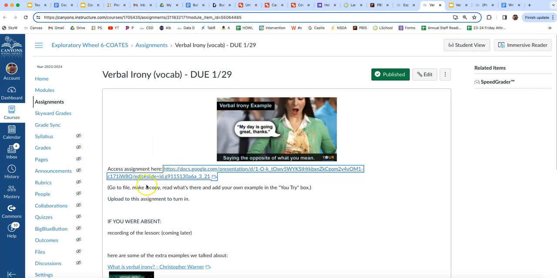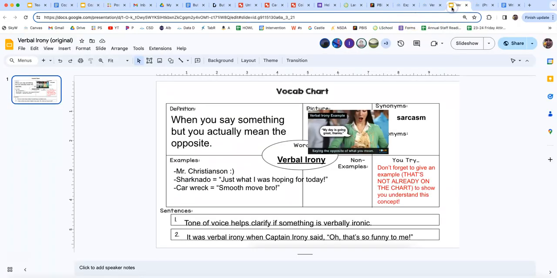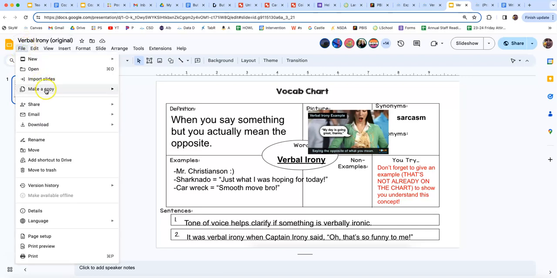But go ahead and click this link right here, everybody. And every time we do a vocab like this, we do the same process. It's just a little bit weird the very first time. So it looks like this. And the first step, you're going to do this with me. You're going to come up here to File. See where my mouse is wiggling? File. Go File, Make a Copy, and just say Entire Presentation. So File, Make a Copy, Entire Presentation. And then you can just click the yellow button. You don't have to change any of the options.